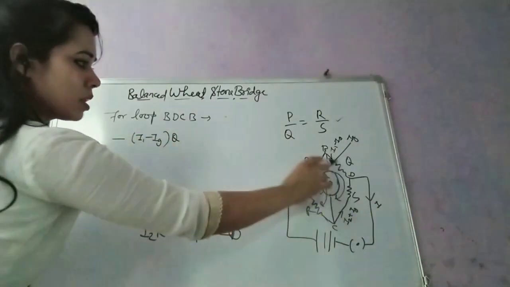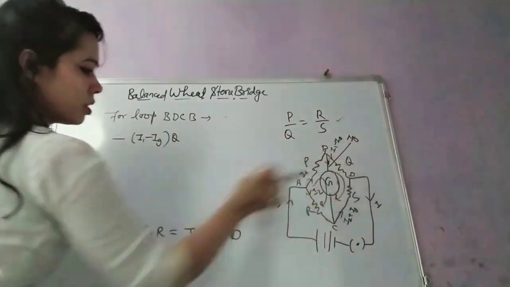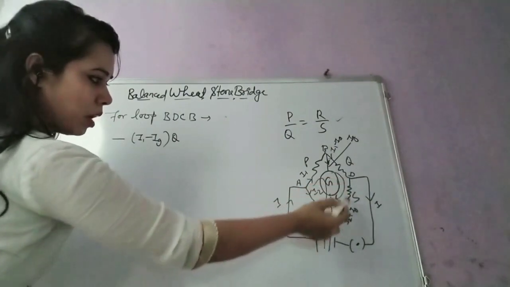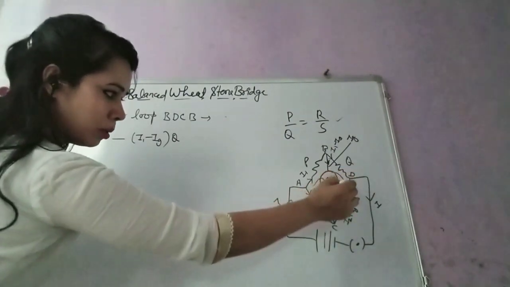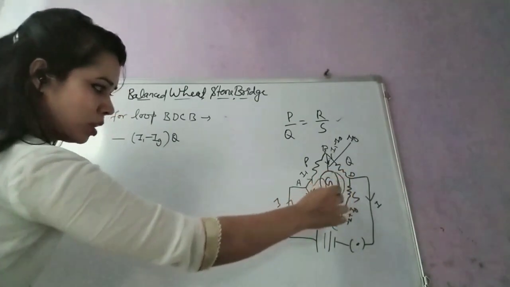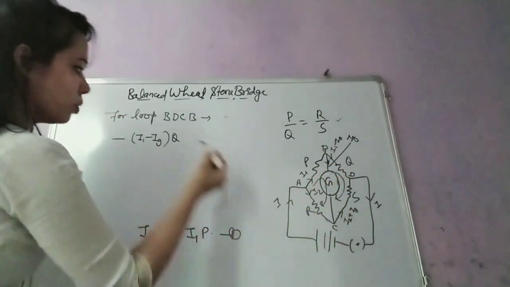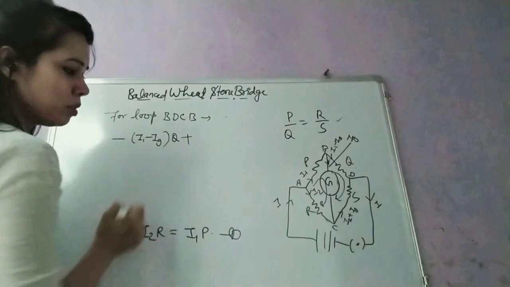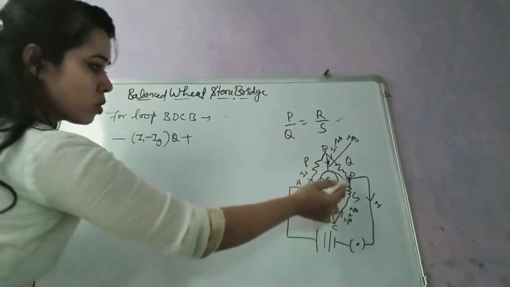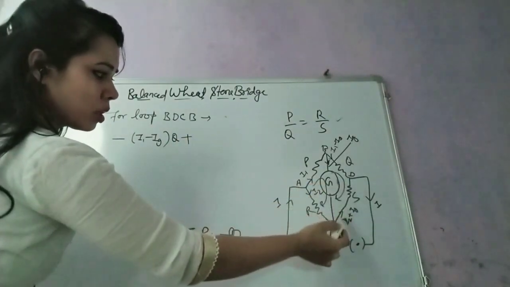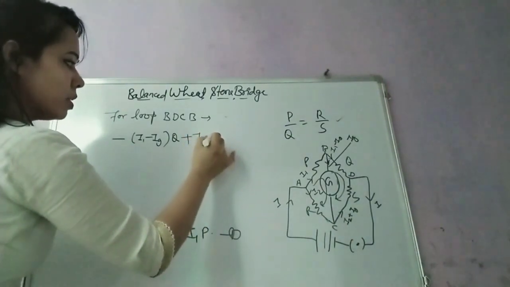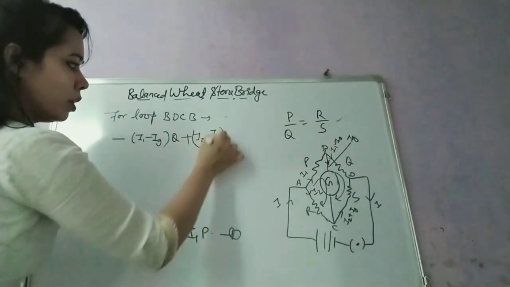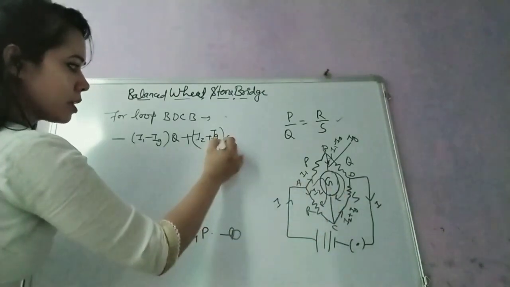Okay, the resistance is Q, that is the potential drop through this resistance, and another path through this. The direction of current is this, and the path you have chosen is this. So both are in opposite direction, so you will take positive sign because potential gain is there. So now the current through this is what? I2 plus Ig, I2 plus Ig into the resistance is S.